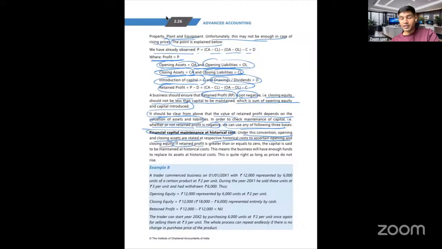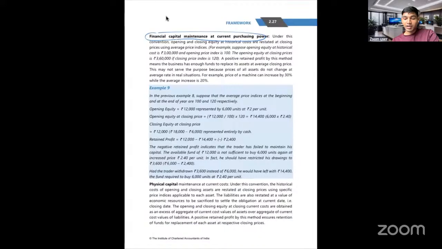If return profit is greater than or equal to zero, then the capital is said to be maintained at historical cost, and this means the business will have enough funds to replace assets at historical cost. This is quite right as long as the prices do not rise. But in financial capital maintenance at